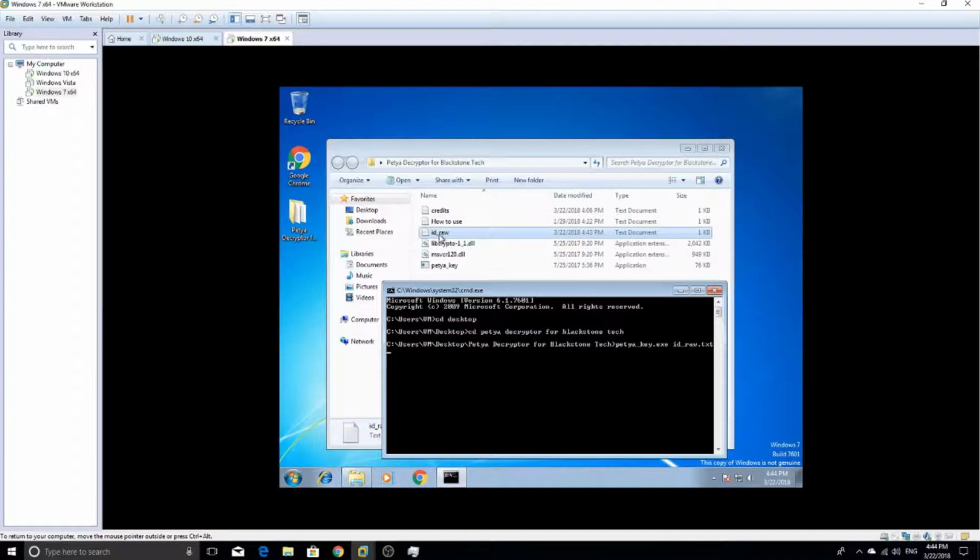For me, for this one, it is id_raw.txt. We are going to hit enter,